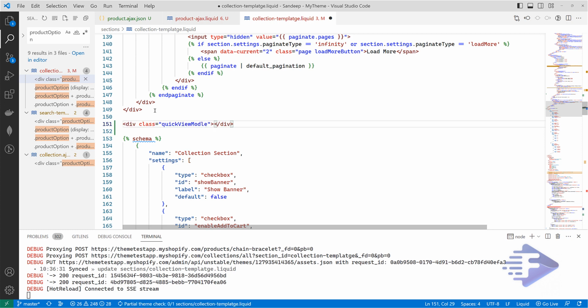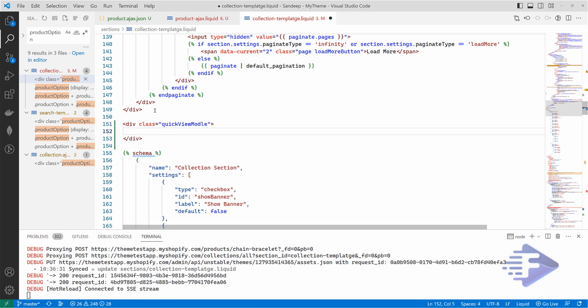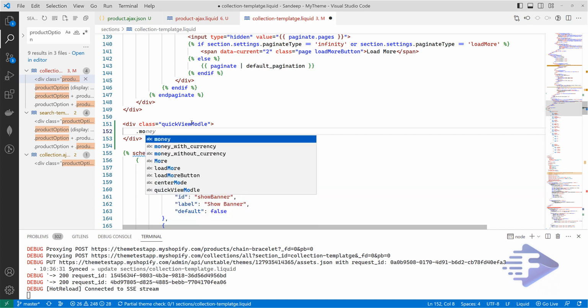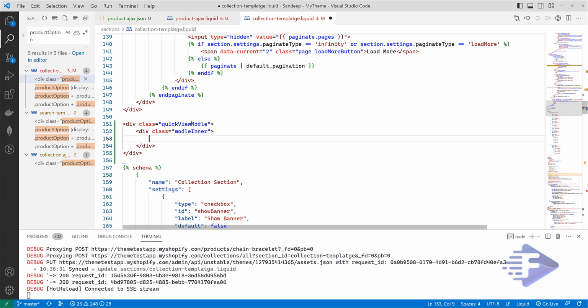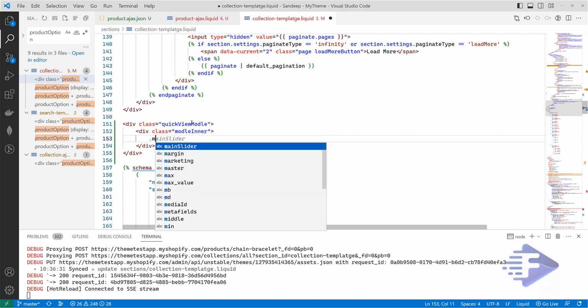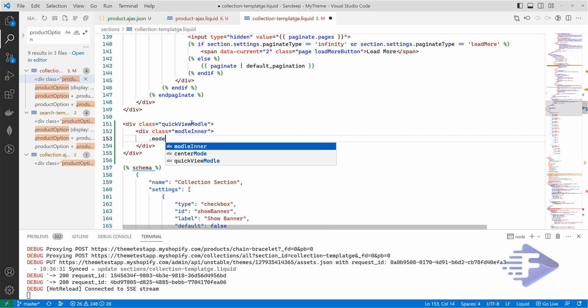Model, and in this model let's say model inner and model view.